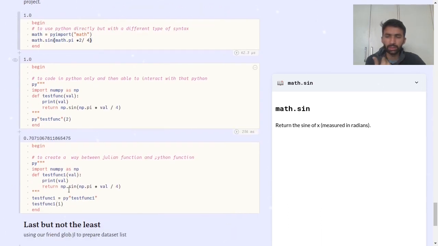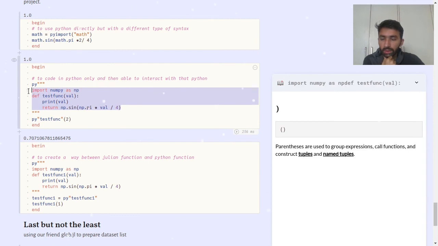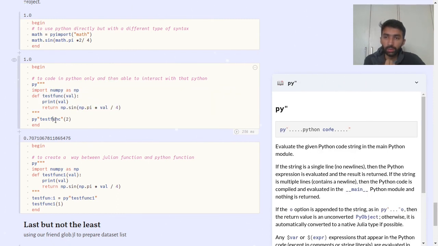Then there is another way: you can code in Python only, then interact with that Python code from the Julia side. So we can create strings like these and write code in them in Python, and access those Python functions from Julia, outside of those Python strings, using a syntax like this.